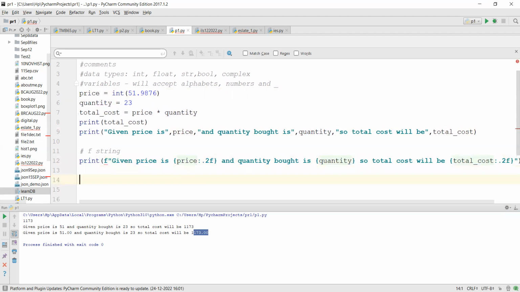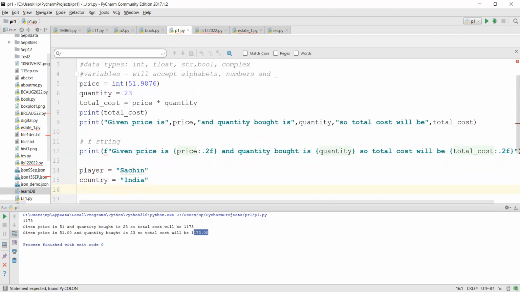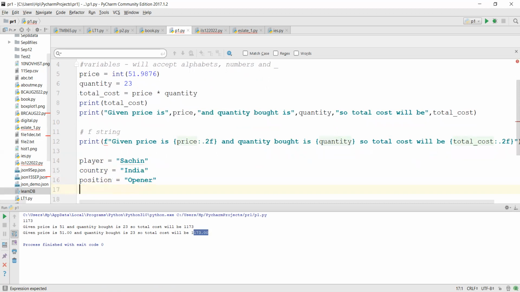Let's say player equals Sachin, country equals India, and position equals opener. To print something like this, I'm going to say print f and Sachin, player,